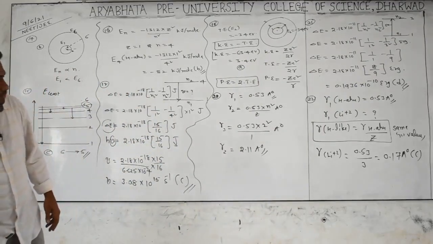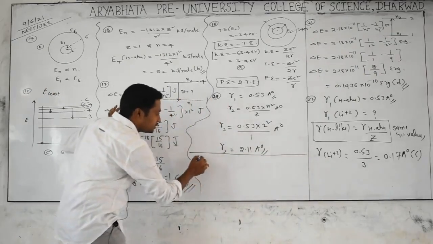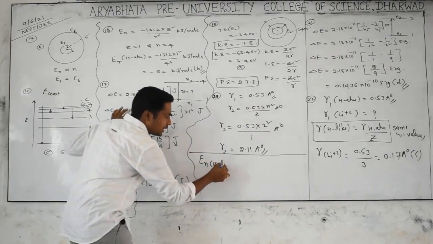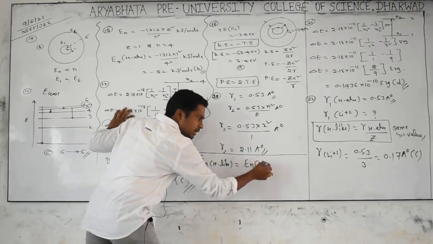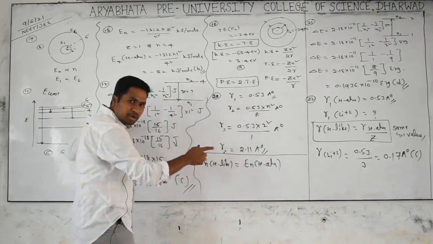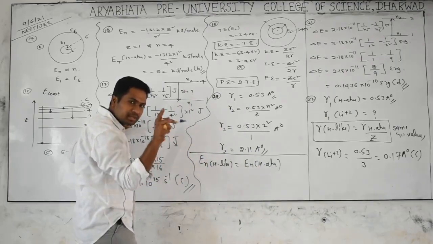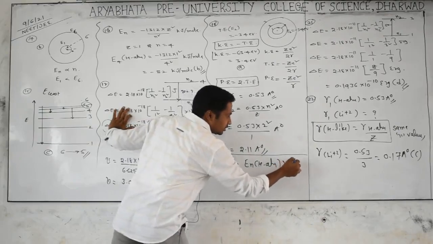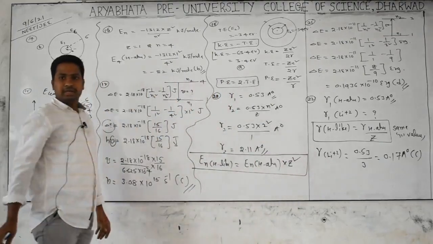All of you getting? Similarly, we get one more thing: the energy of the nth orbit of a hydrogen-like species is equal to the energy of the nth orbit of the hydrogen atom for the same orbit, multiplied by Z square. Where does the Z value come in the energy formula? Into Z square by n square. This is the formula. Is it clear? Yes.